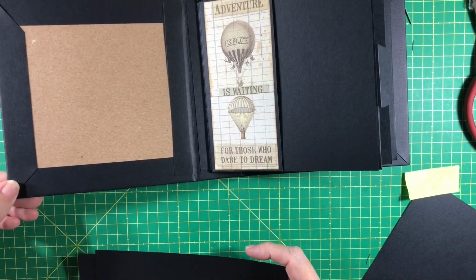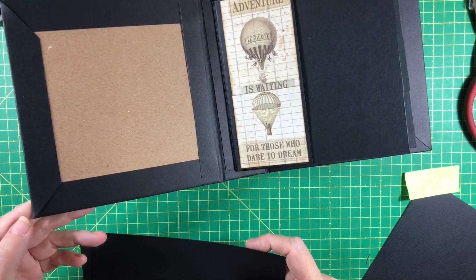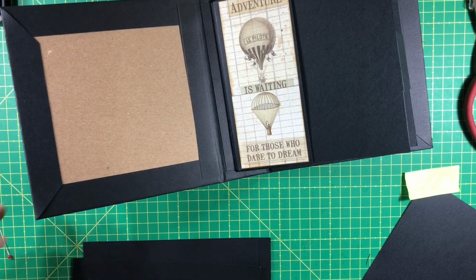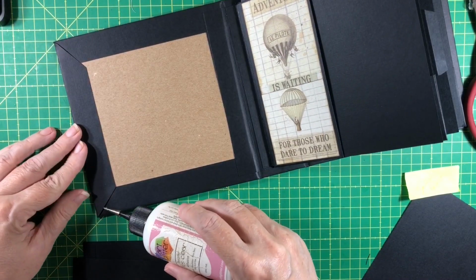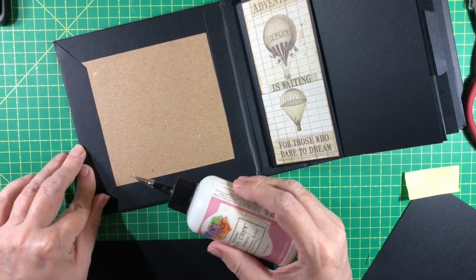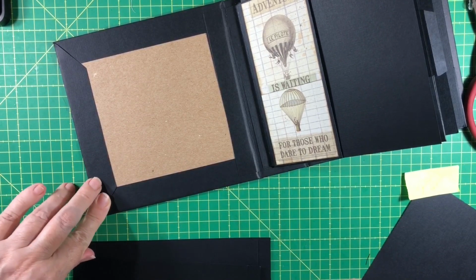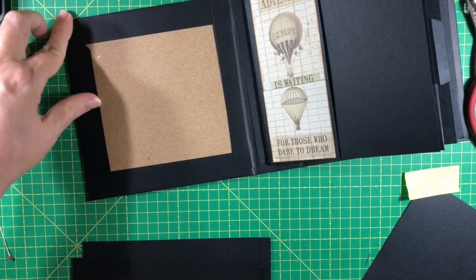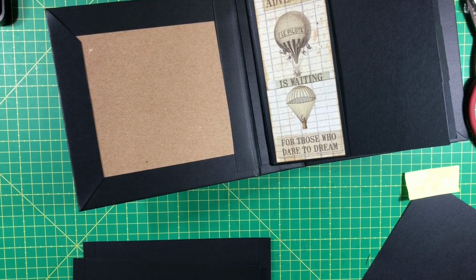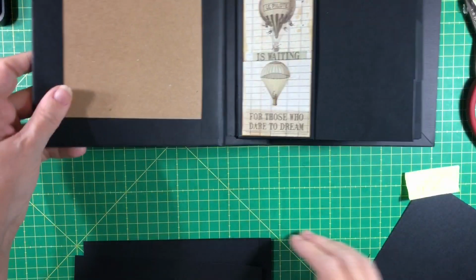To make the double pocket, I think it looks like I could use a little more glue there, but you know what, I'm going to go ahead and stick that in there while we're making the pocket. It's going to be covered by the pocket anyway, but there we go. I don't want things that I'm putting in the pocket to get caught on it. Try to get my pin in. Okay. All right, so to make the